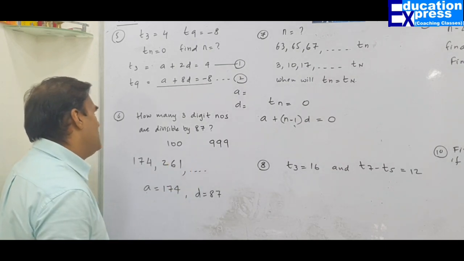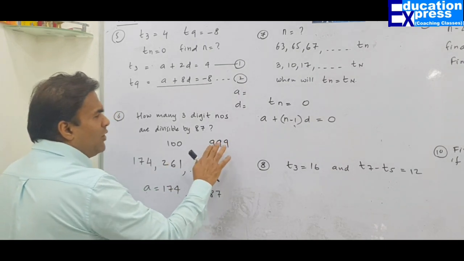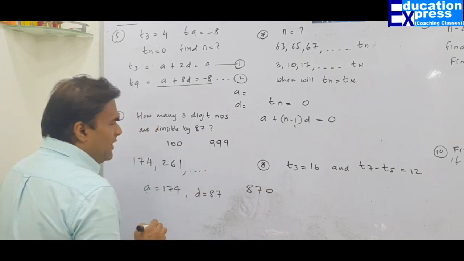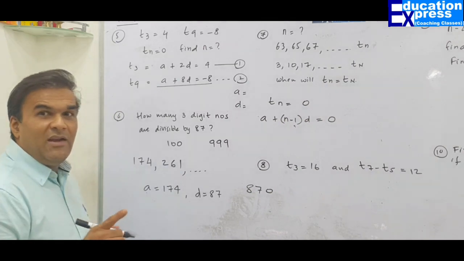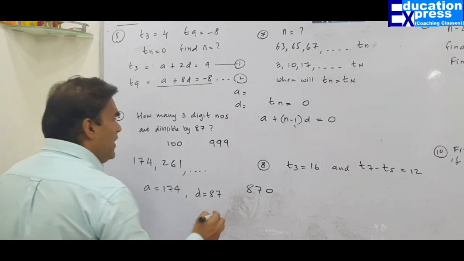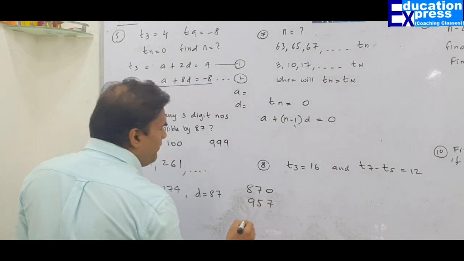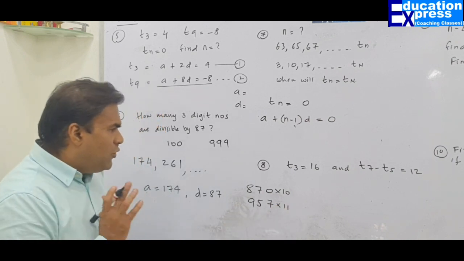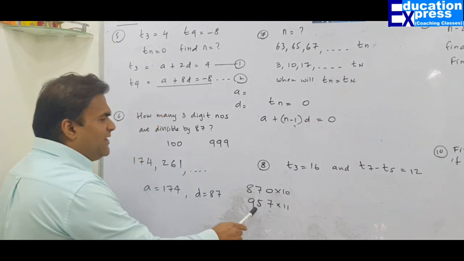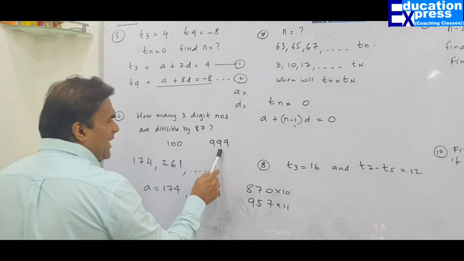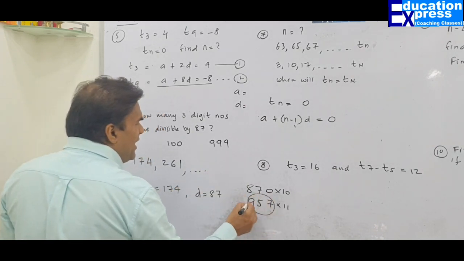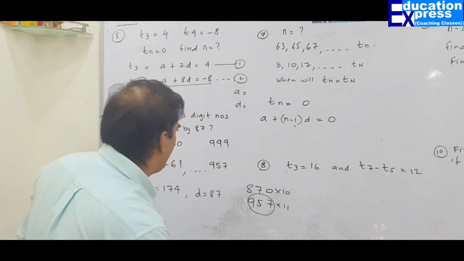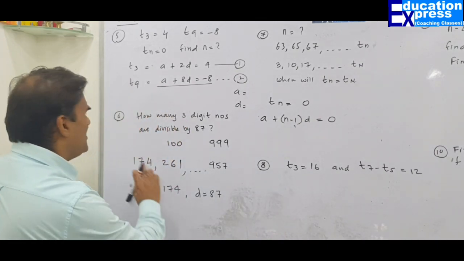What will be the last number? We want it to be restricted to a three-digit number. So 87 tens are 870. 87 elevens are, of course, we can try and find out, that would be 957. 87 twelves are, if I add 87 to this, it will exceed 999. No point doing that. So the last term would be 957. This is all known to us. So now we know how to project our series.